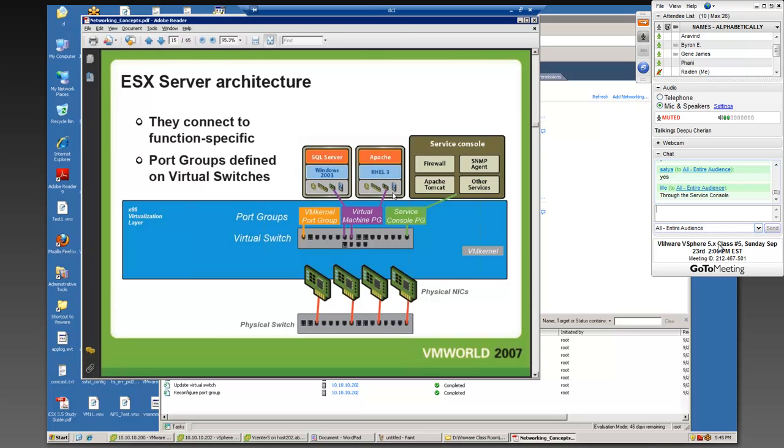Through the service console. That was an intelligent answer, but through a service console, you can never talk to a VM. You can power off and power on, but let's say I want to copy a file or I want to access a website running on that Apache server. I cannot, because my